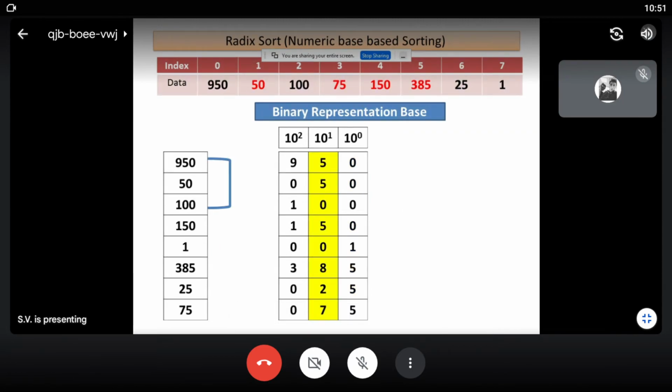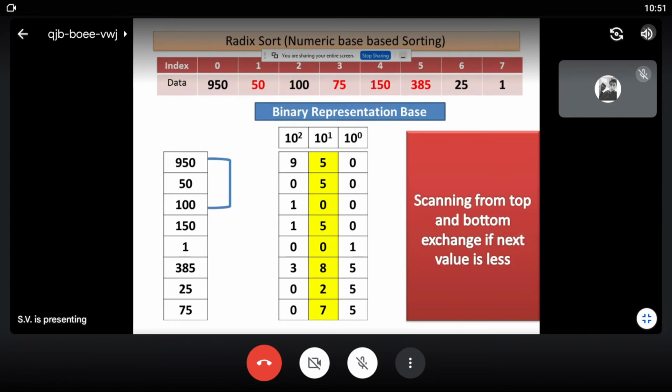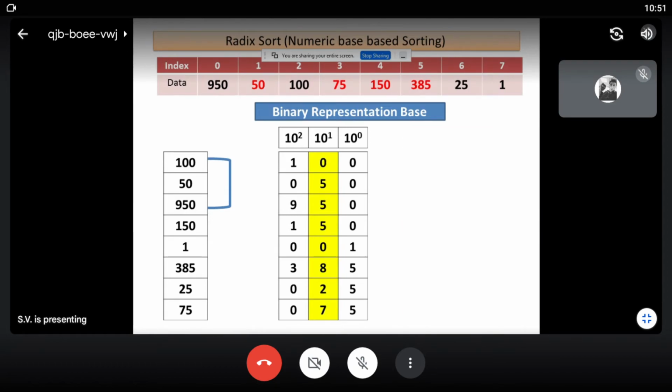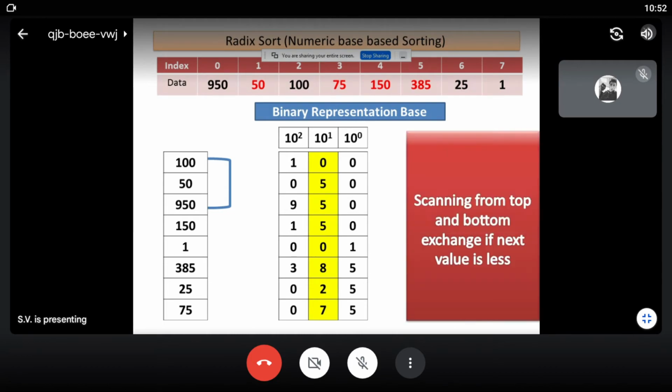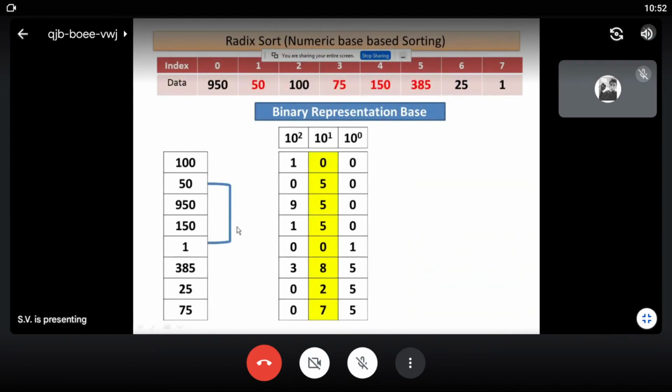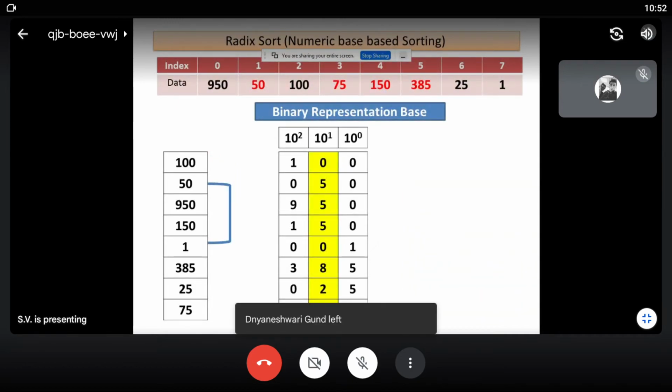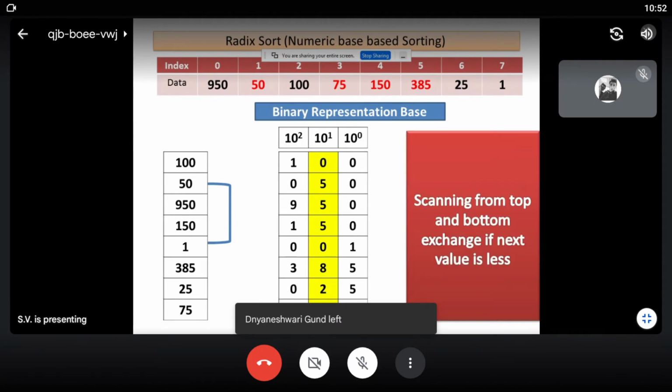So over here lots of comparisons are there. So first is 5 and 0. You can see 950 and 100, and there can be an exchange. So you can see there is an exchange between 950 and 100. Then next is 50 and 1. So naturally 1 is less than that and it will be swapped with the position of 50.